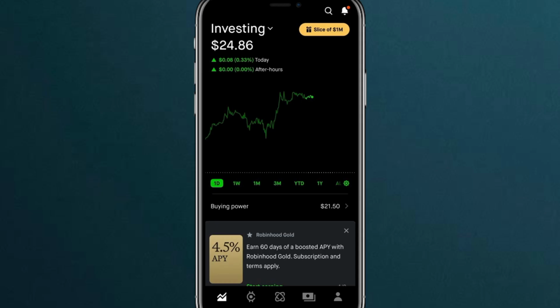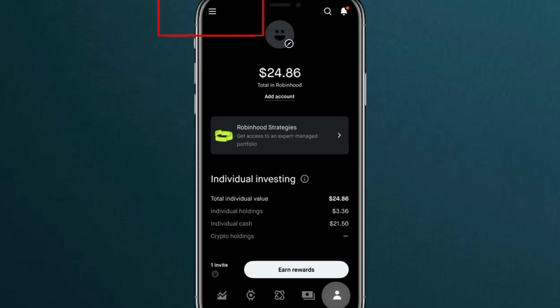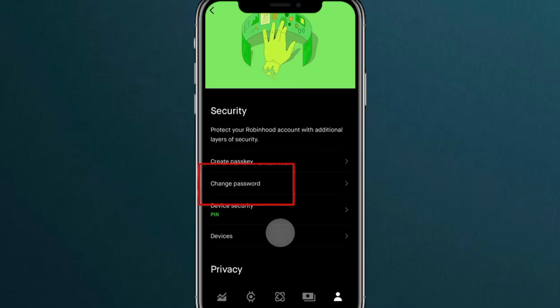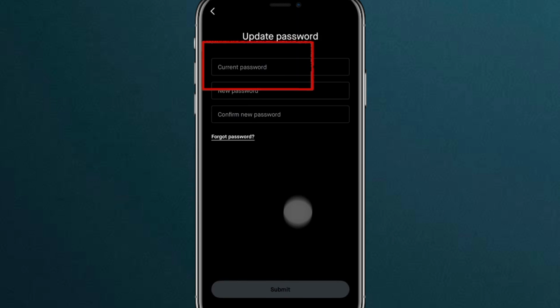If you know your current password and want to change it, start by opening the Robinhood app and logging in. From the home screen, tap the profile icon in the bottom right corner, then tap the menu icon in the top left to open more options. Scroll down and select Security and Privacy. Here, tap Change Password. You'll be asked to enter your current password, then type your new password and confirm it